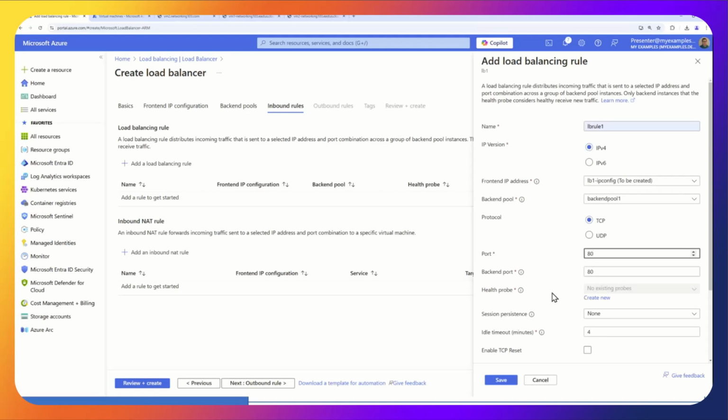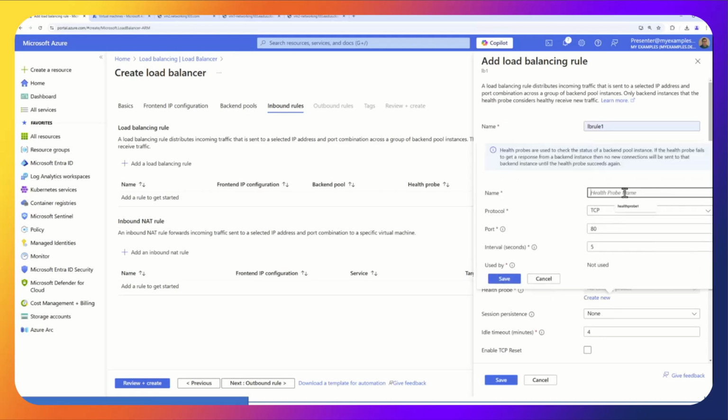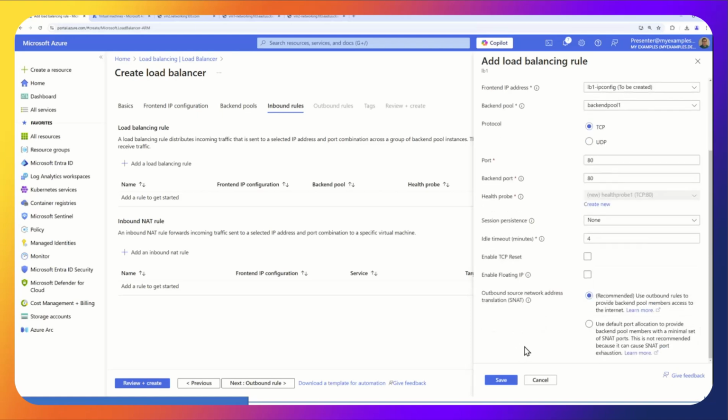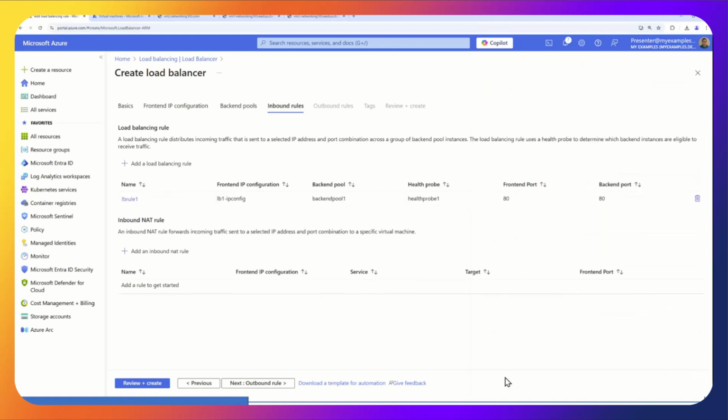It helps out. Health probe, it checks to make sure everything's alive. So I'm going to call it health probe 1. Obviously, it's got to check port 80. That's the only thing that it can check because that's the only thing I have running on port 80. Then we're just going to hit save. Then we'll go to next.